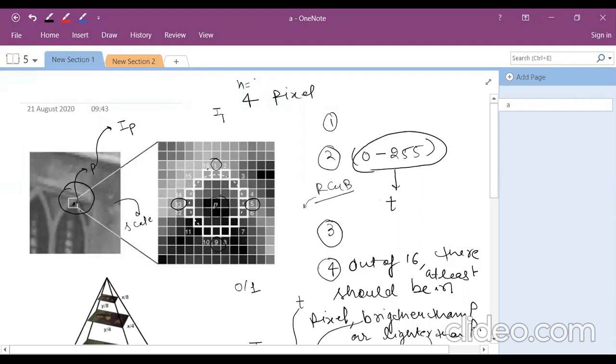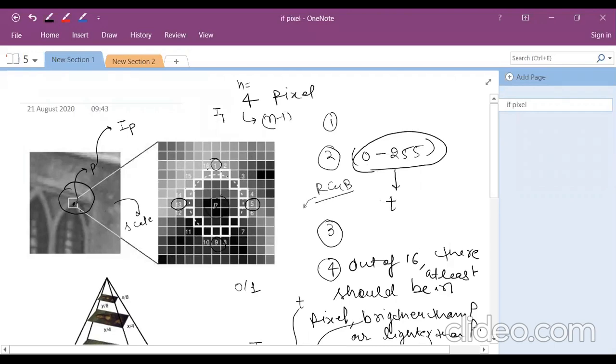Means the value of n is 4. So with 4 pixels, what we do is that there should be a condition of at least, but in the real time scenario it is not perfectly meeting the criteria, because in the real time scenario there should be a lot of noise as well as blurred images and so many things inside the images. That's why to cope with all these things, we have to consider that at least n-1 should be followed.